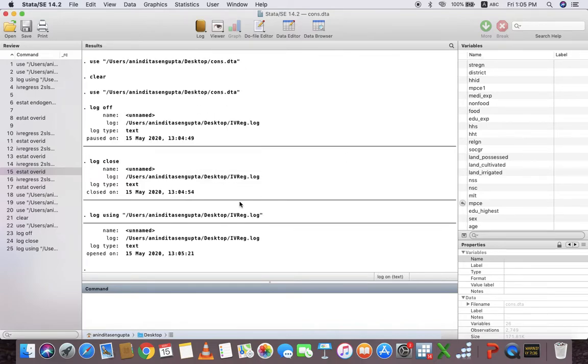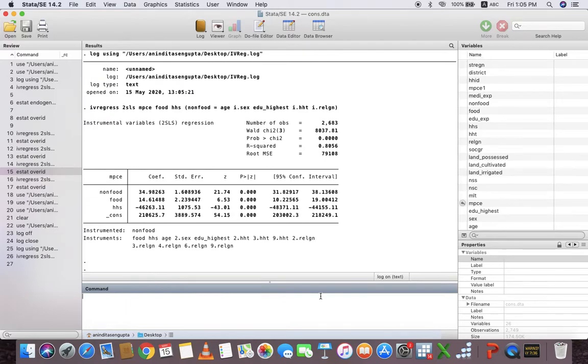So, save it. Now, we use the command ivregress 2sls mpce_food hhs (nonfood = age i.sex edu_highest i.hht i.religion). Now, this is our regression result.